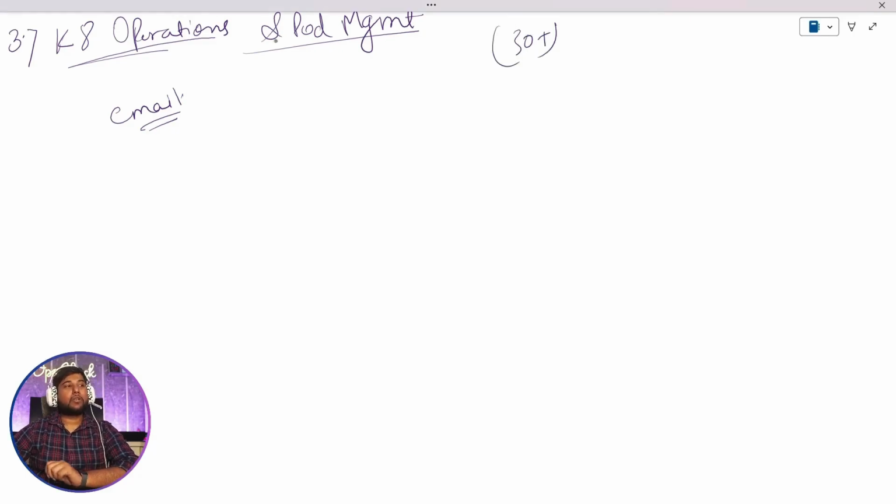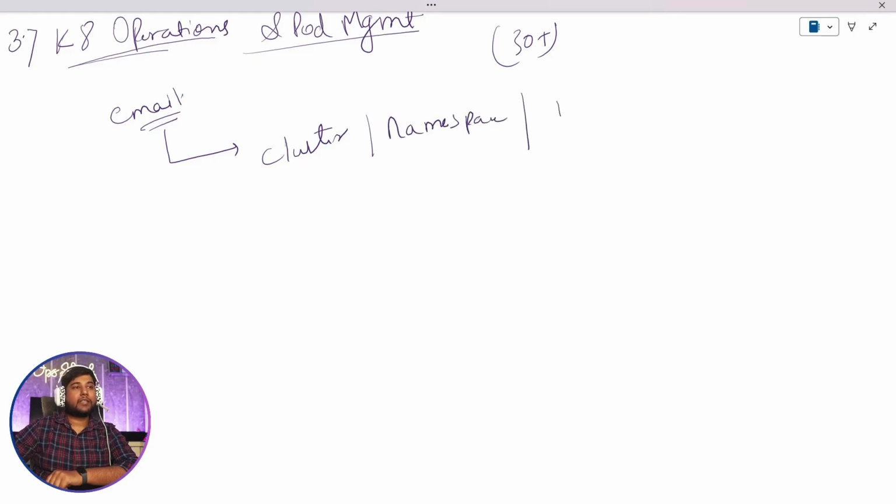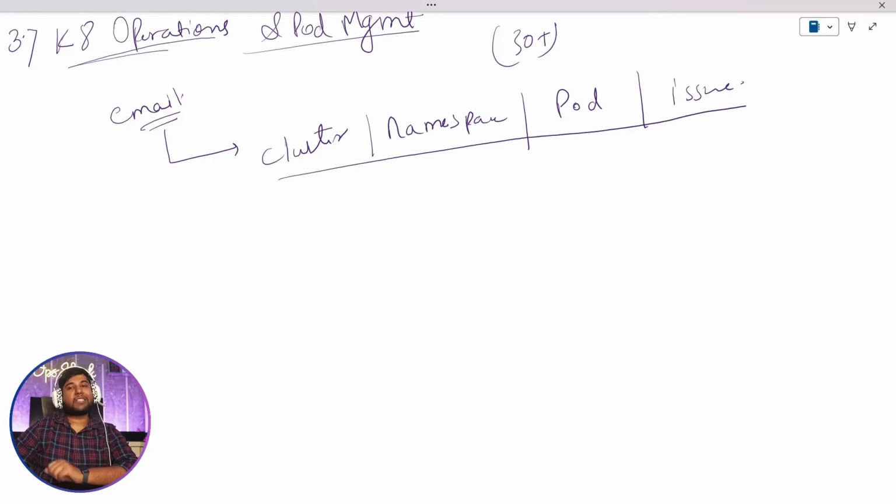Okay, so on a daily basis, we used to receive an email notification, and this email notification contained an Excel sheet. The Excel sheet has multiple columns, out of which the first column was the cluster, then the namespace, then the pod, then the issue. So this is the mail notification that we used to receive on a daily basis, where whatever